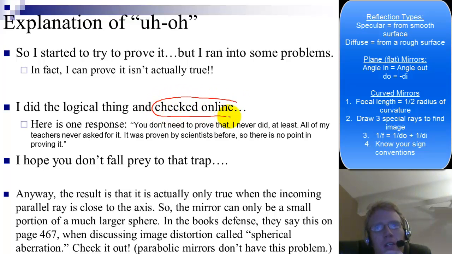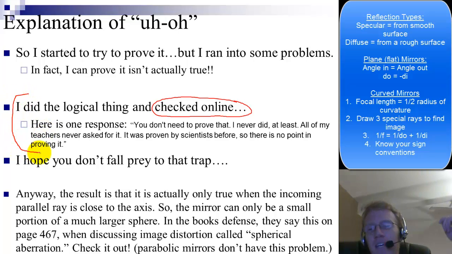Of course, that's what you do when you get stuck, right? And I found a lot of different responses. Some of them were fantastic, but here's one that I found. It says, you don't need to prove that. I never did, at least. All of my teachers never asked for it. It was proven by scientists before, so there's no point in proving it. And so when I read that, it just made me